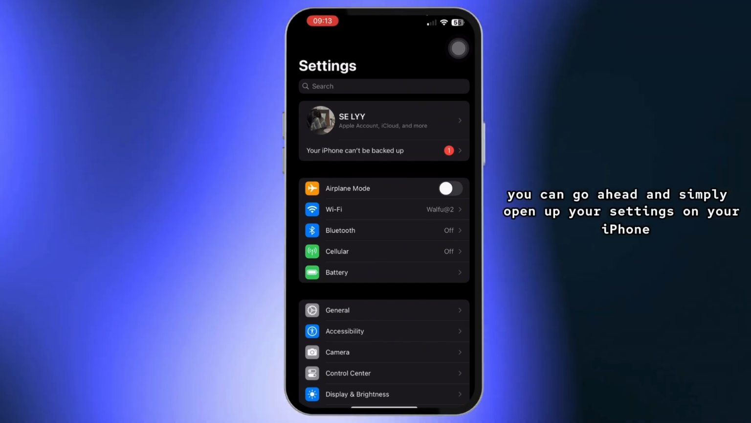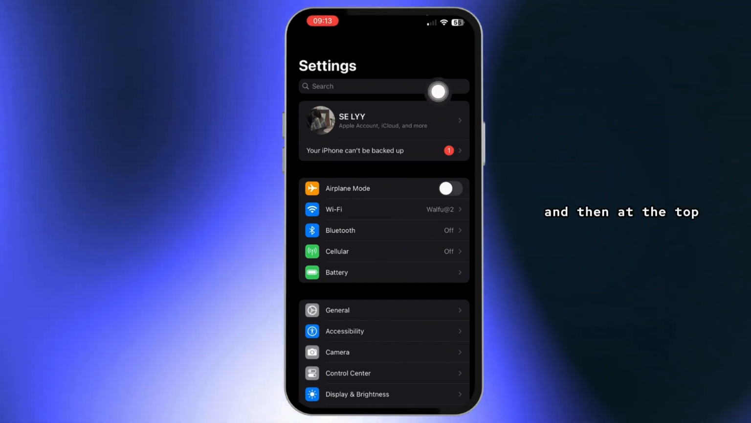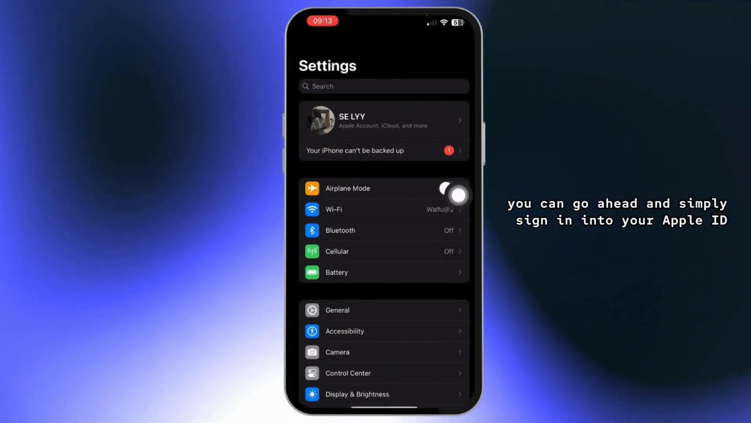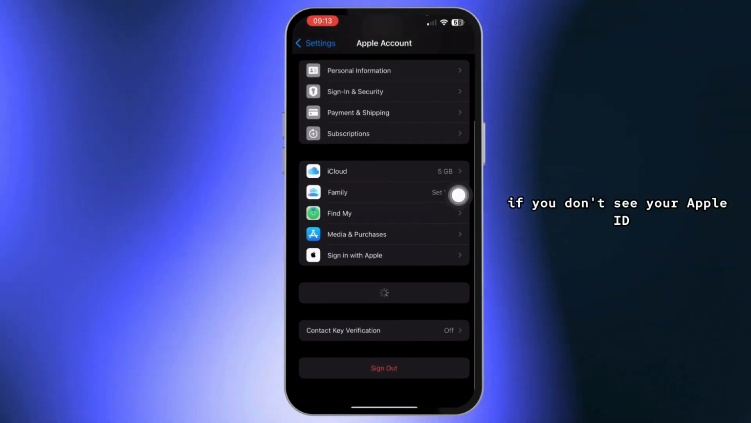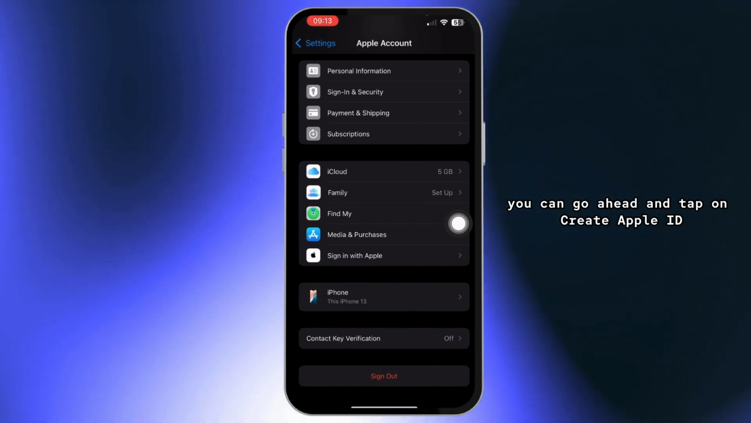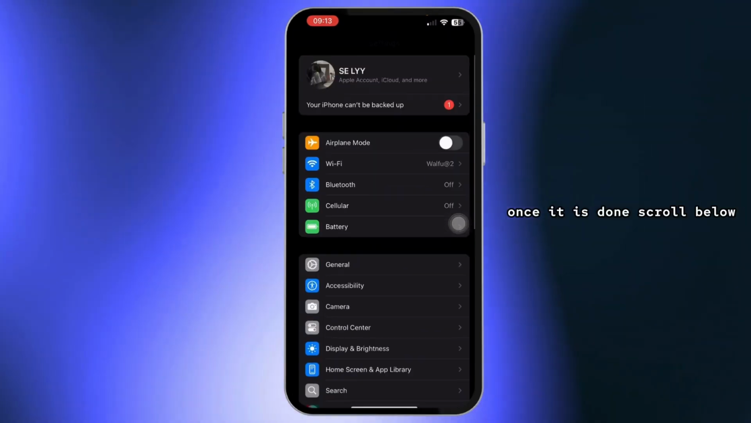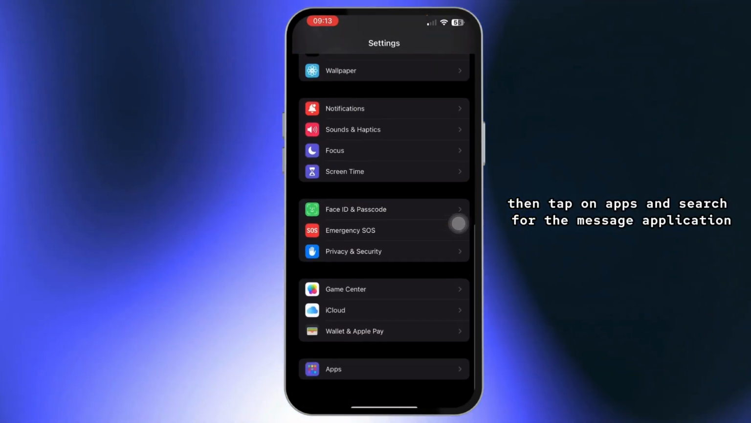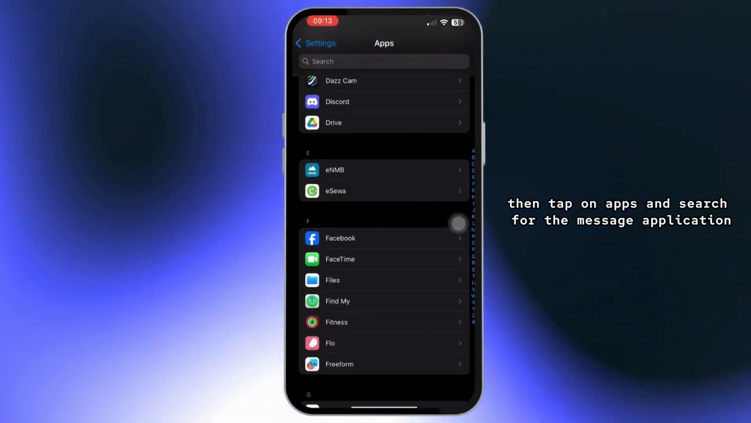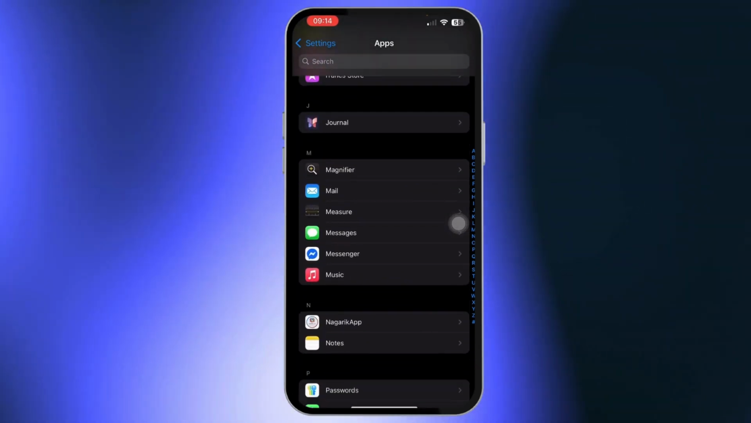You can go ahead and simply open up your settings on your iPhone, and then at the top, you can go ahead and simply sign in to your Apple ID. If you don't see your Apple ID, you can go ahead and tap on Create Apple ID and then follow these steps. Once it is done, scroll below, then tap on Apps, then search for the Messages application, then